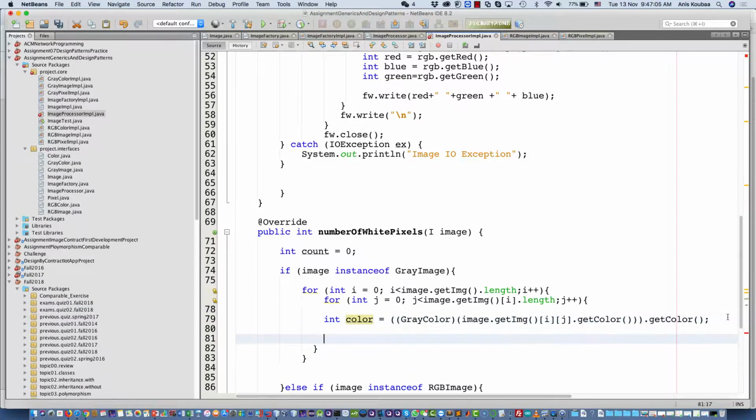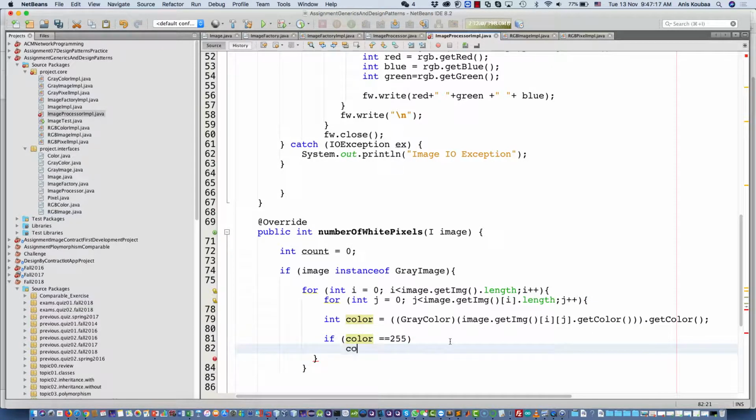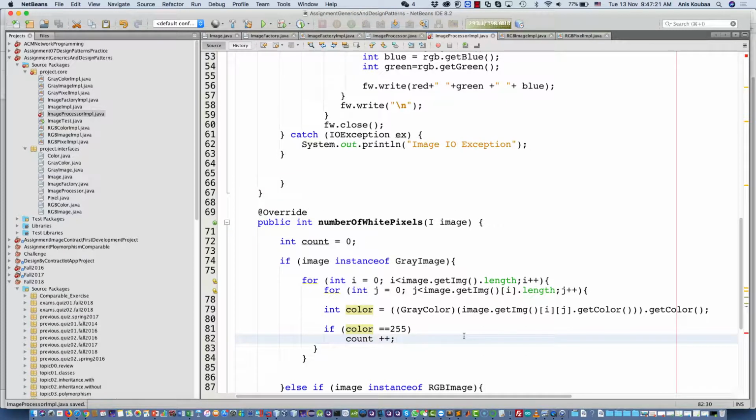Okay, so if color equal to 255, in this case what we will do, count plus plus. Clear? Okay, so we're going to increase the counter